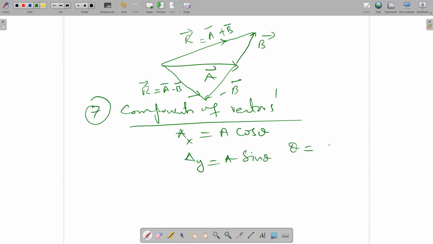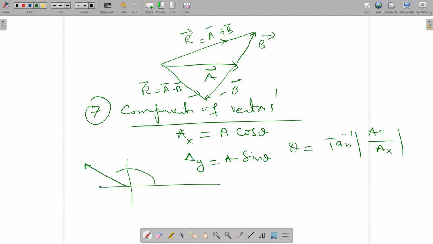And then you can find theta according to the situation. But the main formula is this one, that theta equals tangent inverse of Ay over Ax. So we apply this formula, and for the theta direction, if our angle is here, then we normally take the direction from this side. This is our positive direction. So if our angle is here, then we are taking this direction. We can find 360 minus tangent inverse Ay over Ax.